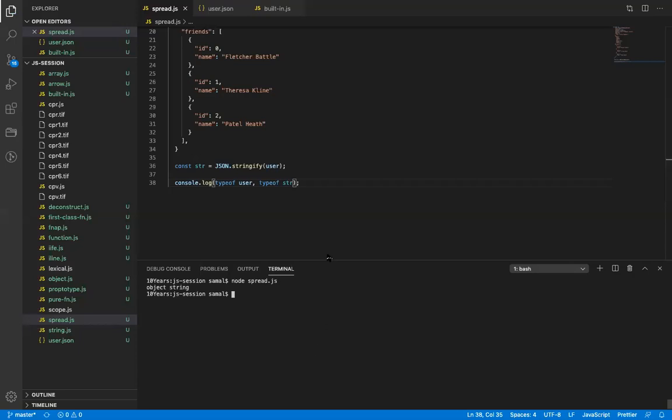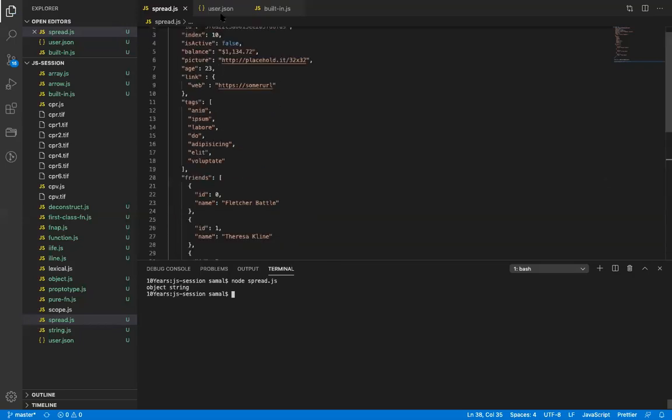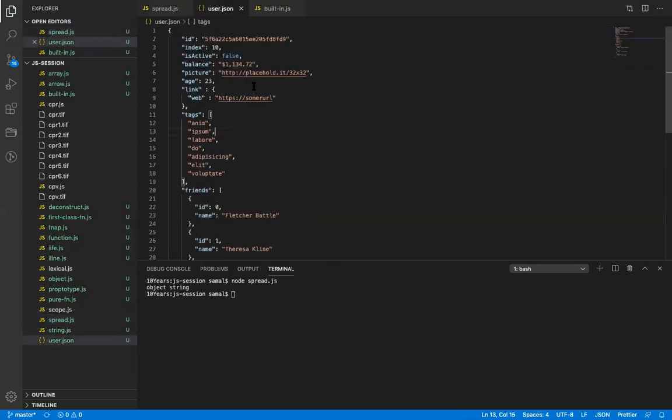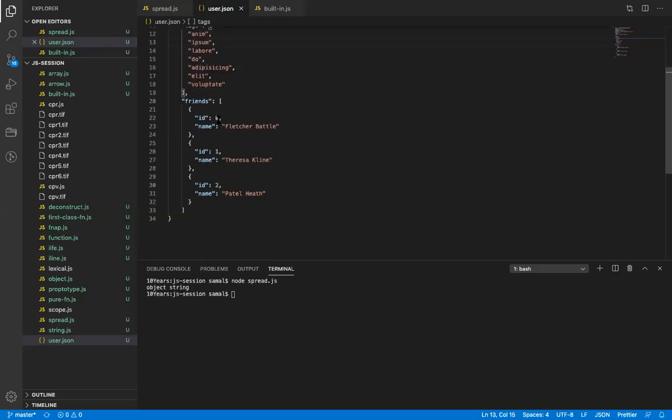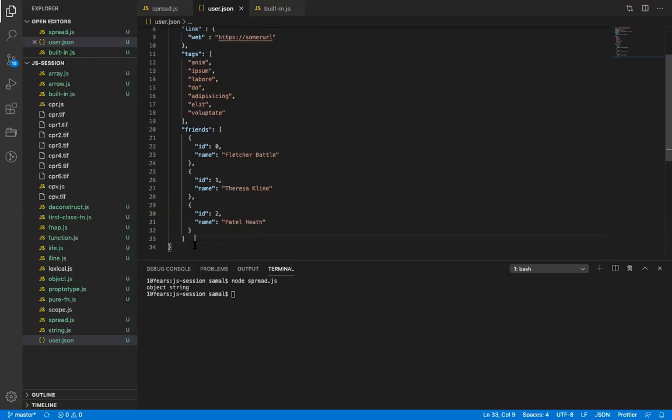So the only difference is that in JSON data the keys should be double quoted, and there shouldn't be any delimiter in the last value. Let's say I put one here also, it will start throwing an error, because this is the last entry in this friends array, so I cannot put a delimiter here.